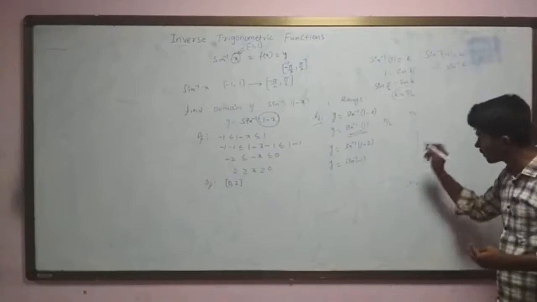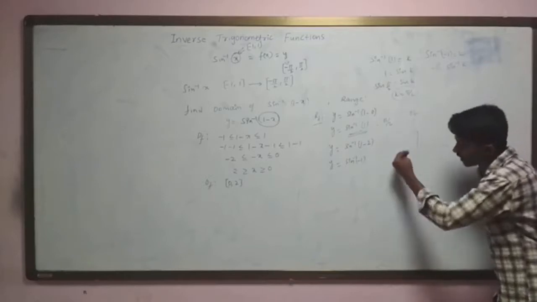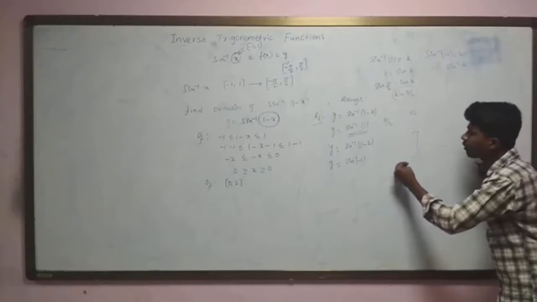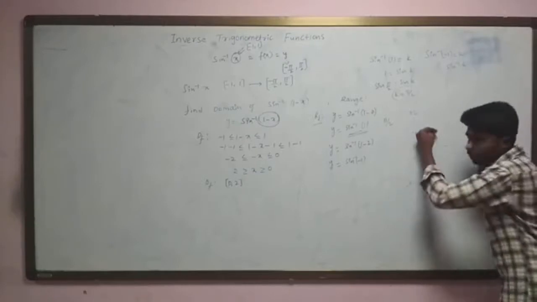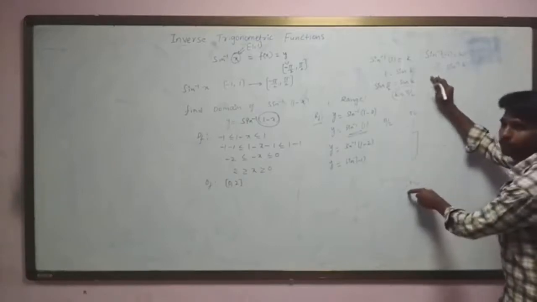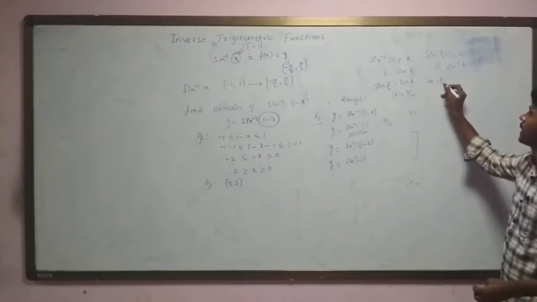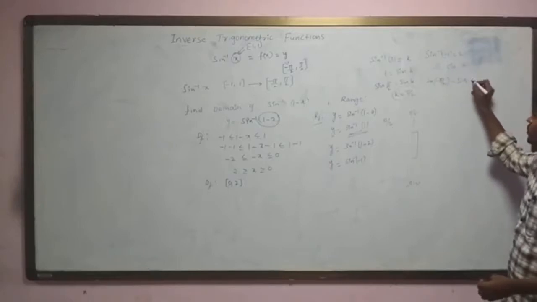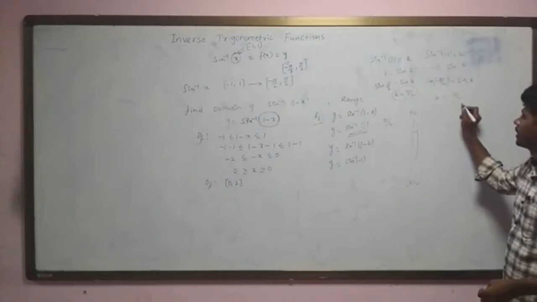This is the region, so sine inverse lies in between these two. It won't enter the second and third quadrant. So whatever values we get, we have to convert the value so that it lies in between minus pi by 2 and pi by 2. So what I can consider in the third quadrant is exactly minus pi by 2. So I can write it as sine of minus pi by 2, which is equal to sine k. Therefore k is equal to minus pi by 2.